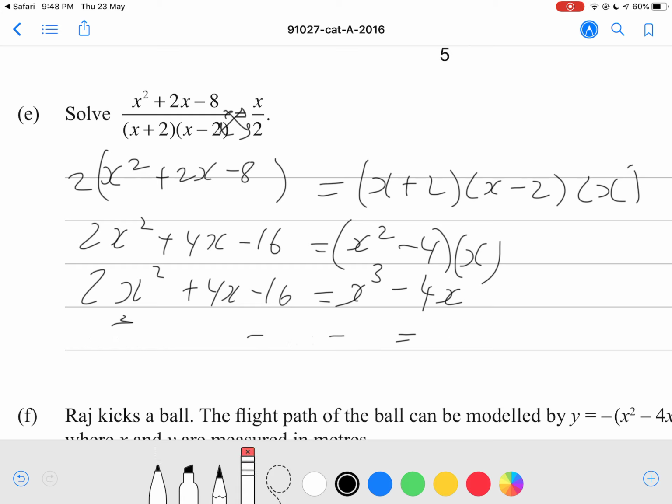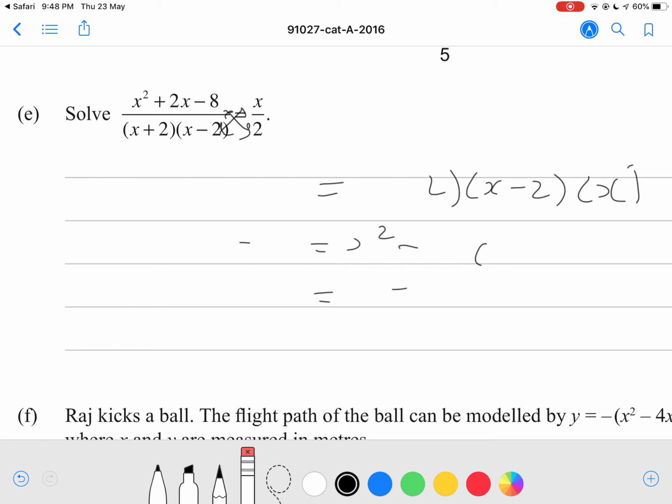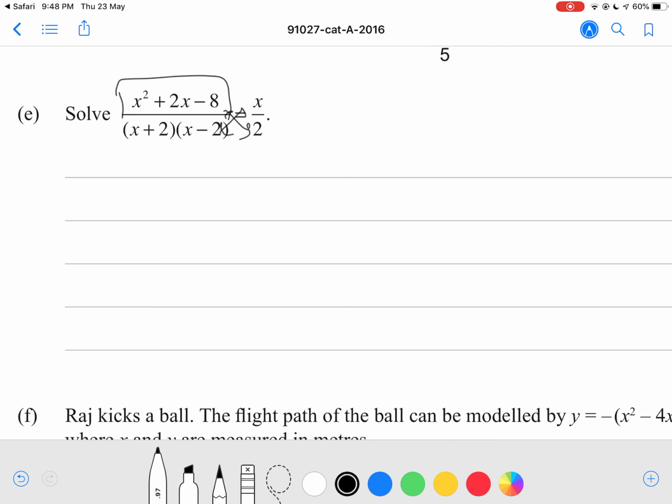Okay, this is probably not the best way to do it, I think. Sorry about that, this is probably a bad way to do it. Don't do it this way. Because if you do it this way, you're going to need a graphics calculator, and you won't have that during the test. Okay, so probably the better way to do this is if you factorize this and